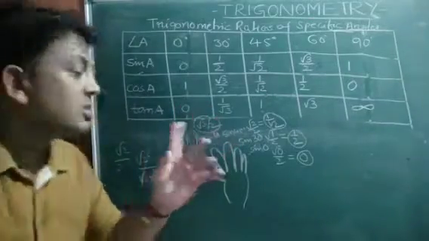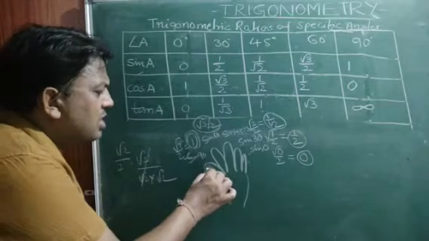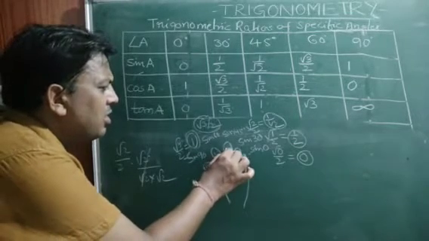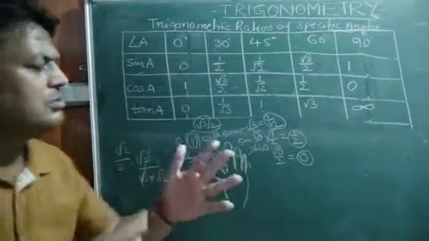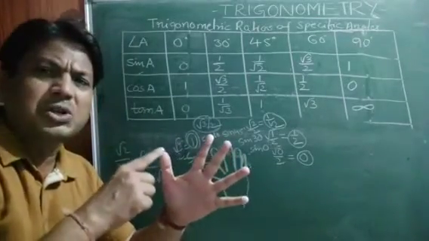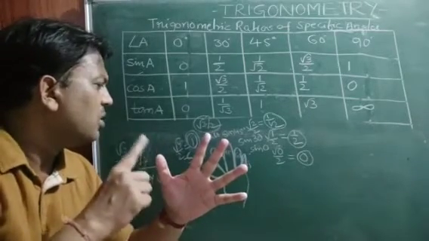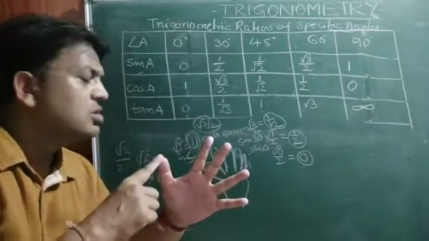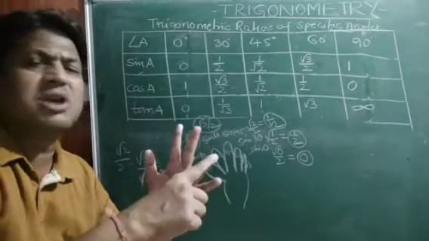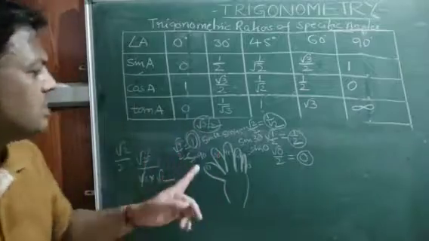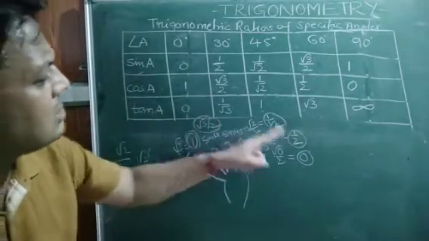If it comes to cos, it comes from this. Start from here, 0. For cos 0, 30, 45, 60, 90, for 0, it comes from here. Root 4 by 2, that is here. Here children, for cos 0 the value is 1. So root 4 by 2, root 3 by 2, root 2 by 2, root 1 by 2 and root 0 by 2. Same values children. For sine, this side to that side; for cos, that side to this side.